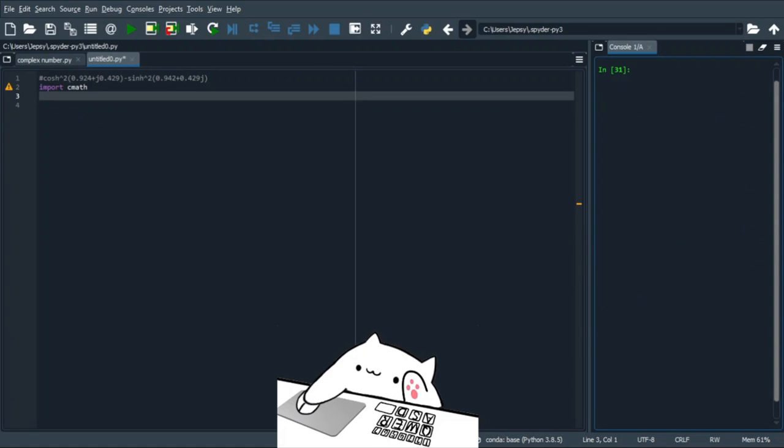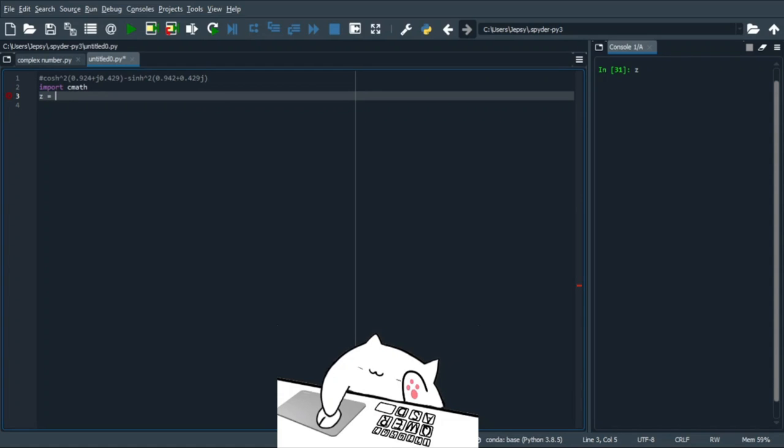Okay, now we're going to have our next problem. This time we're dealing with a cosh squared, and also the sinh raised to square. Next problem, we are dealing with cosh raised to 2 of the angle 0.924 plus j 0.429, minus sinh raised to 2 of 0.942 plus 0.429j. So let's import the cmath,